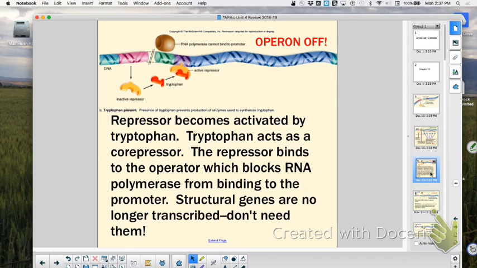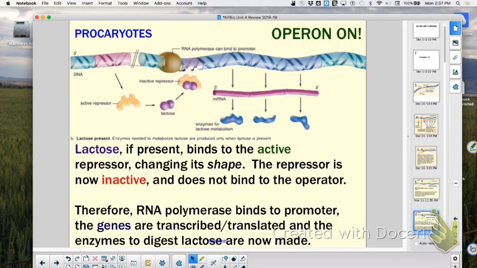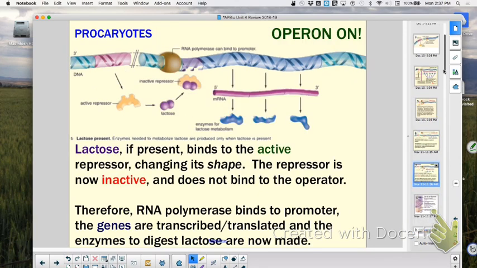Scenario number 2 we talked about, here it is. The Lac Operon, in this case, you have an active repressor on there. But when we need those genes transcribed, who comes along? Lactose binds with it and pulls it off so those genes can be transcribed and the lactose gets digested. What you have to be able to do on an AP exam is they will set up several scenarios and then ask you, is the operon on or is it off? So you have to look at all the scenarios that might turn an operon on or off.